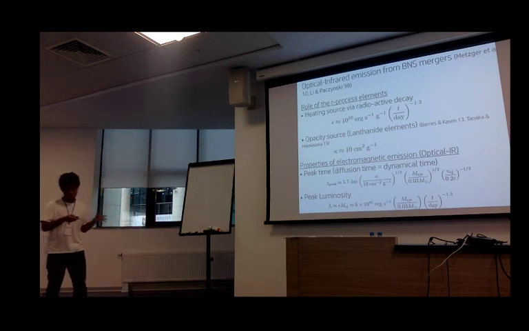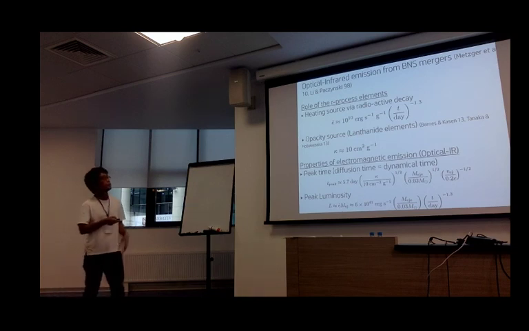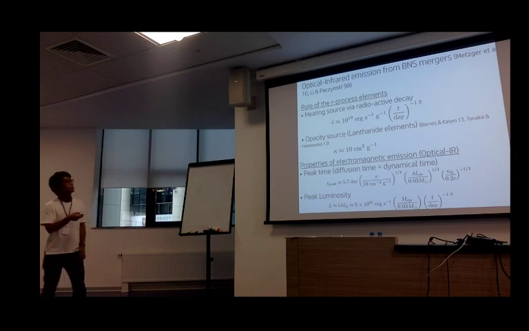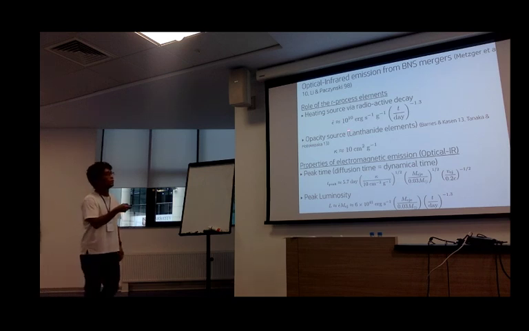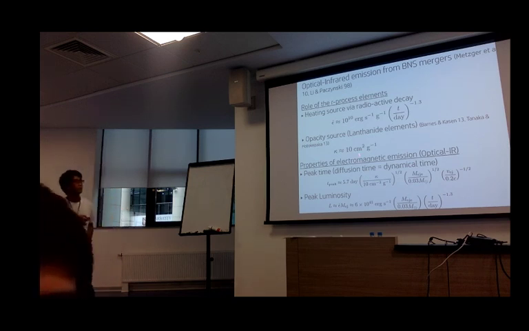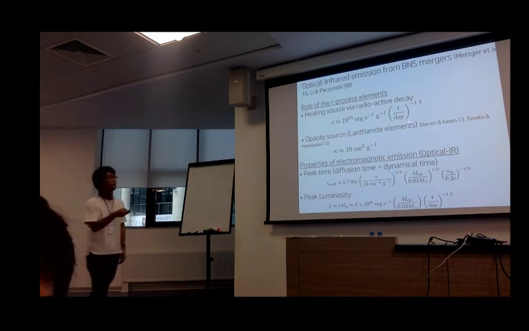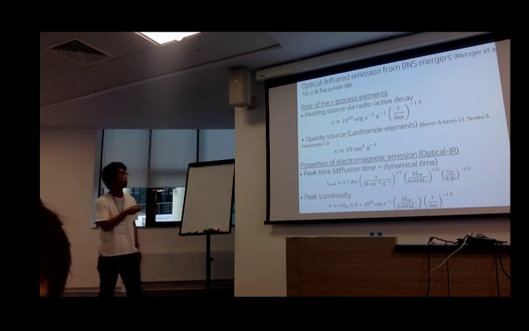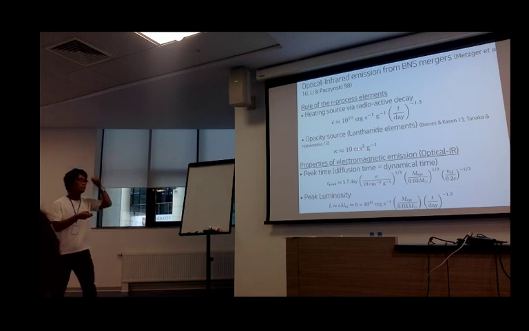Once the nucleosynthesis happens, these heavy elements radioactively decay, and this radioactive decay gives you the heating source. In addition to that, the r-process elements provide opacity. In particular, the lanthanide elements provide opacity. The typical opacity is 10